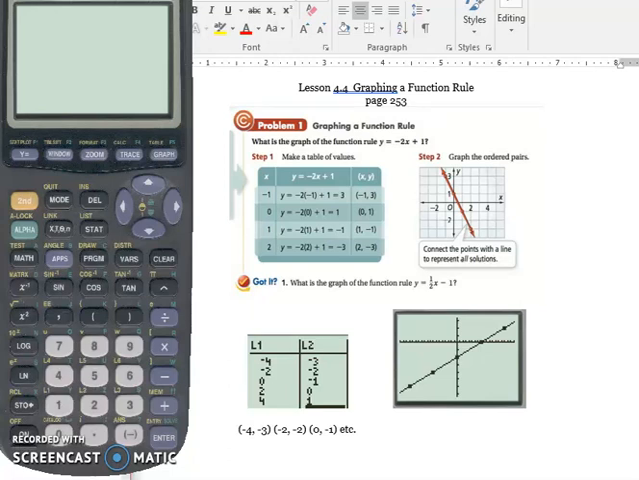This is Algebra 1, Part 1, Lesson 4.4, page 253, Problem 1, Graphing a Function Rule. Basically, that means graphing an equation, just a fancy way of saying it. So if they're asking you to graph a function, the easiest way is to do it with an XY